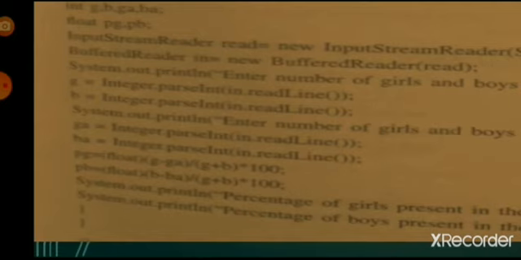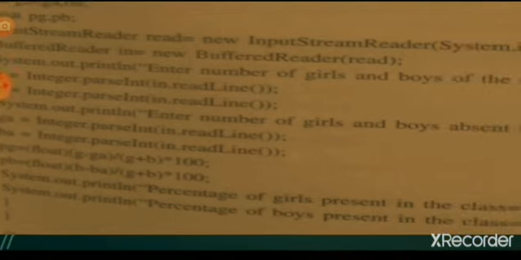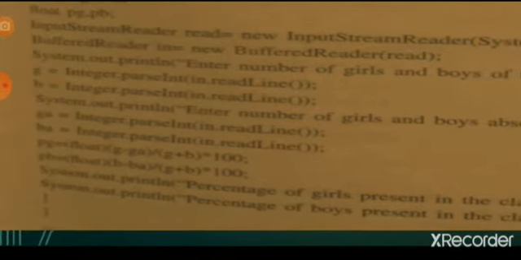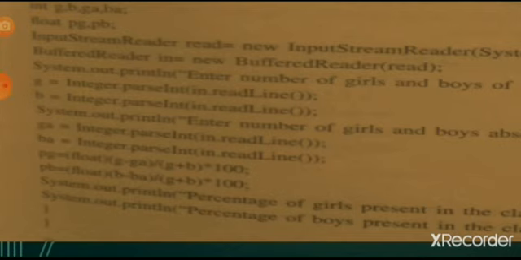Both are integer type, so G = Integer.parseInt(in.readLine()) with the semicolon. Second, B = Integer.parseInt(in.readLine()). Next message: enter number of girls and boys absent in the class. So next we enter the number of girls and boys absent in the class, stored in the variables GA and BA.